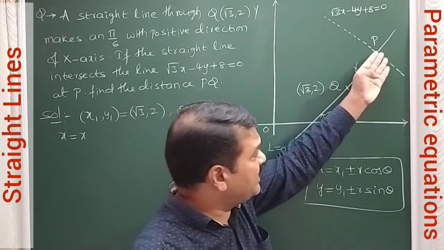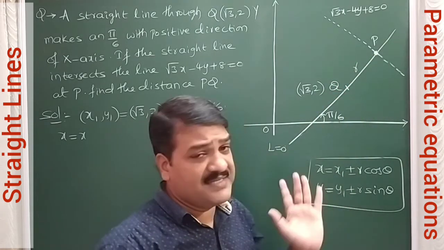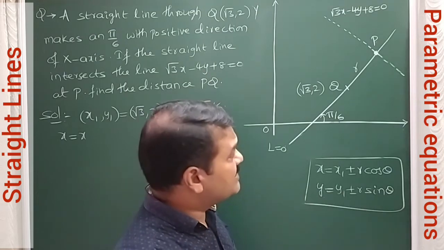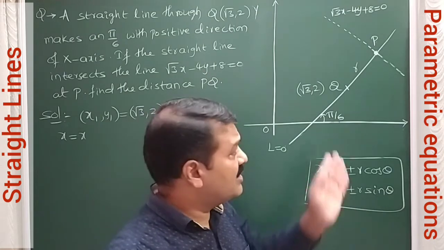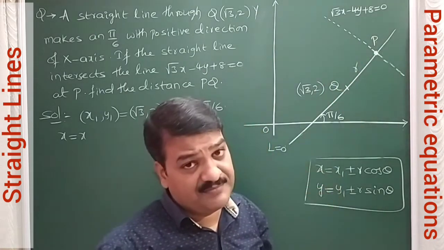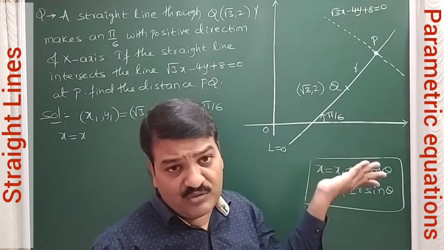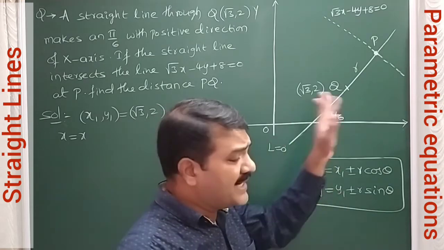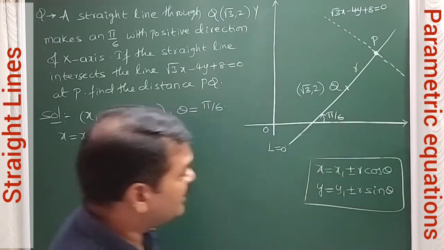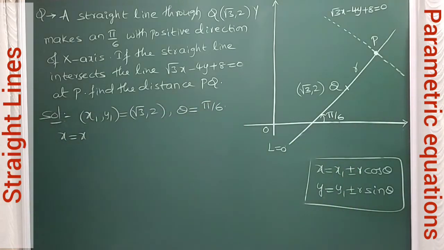When the point P is below Q, we will take the minus sign. So it is plus or minus, depending on how we take P. The line can be below Q also, we don't know, so you can take either plus or minus, anything is okay here. Therefore, let us consider to find x comma y, we will take the point,